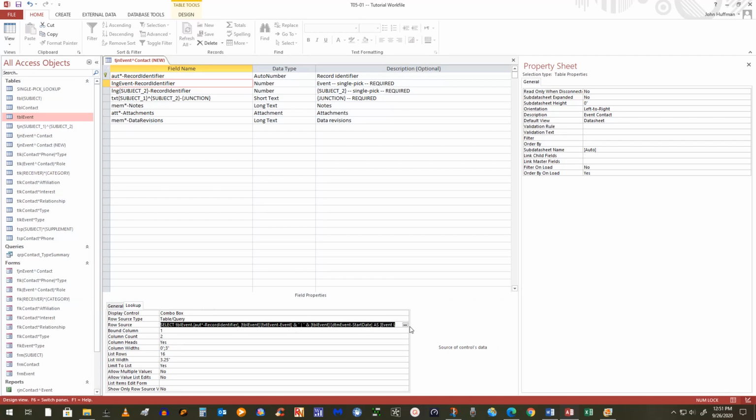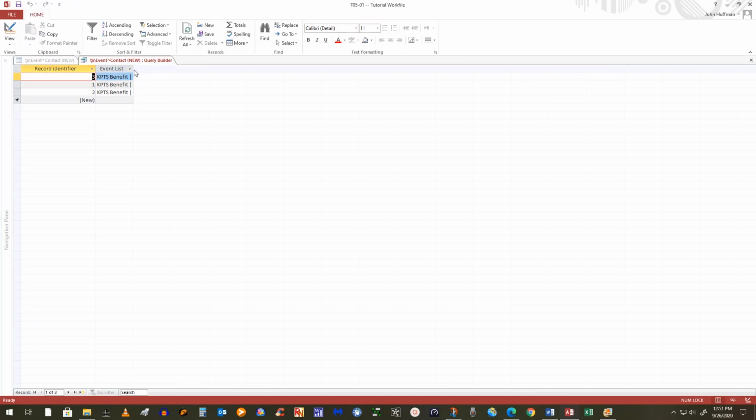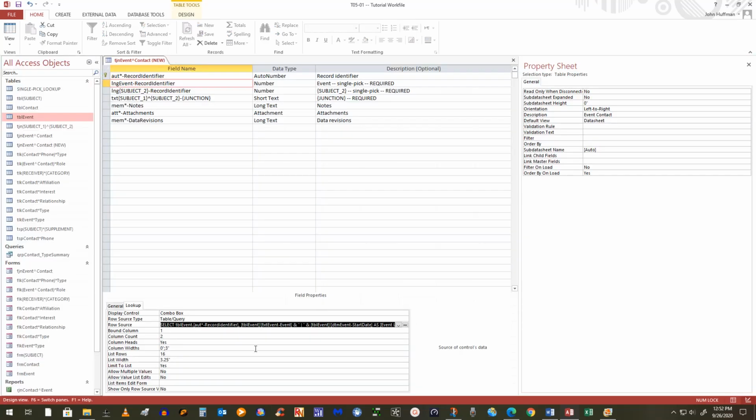All right. In fact, I'm going to go back and open it again just to show you that when I run this now, you get a list. You just get those two fields, right? Because those other two weren't shown. And you can see I don't have a whole lot in here, but what it did is it first sorted on this in alphabetical order and then this in descending order, and it does look like that. Okay, so close that down now. Go back, and now everything else is set up here, and again, there is no list item form for this. So I'm done with that